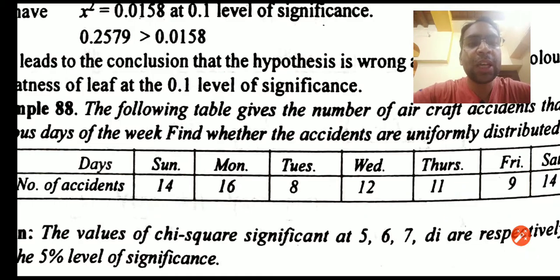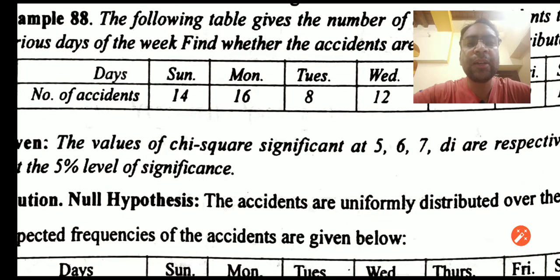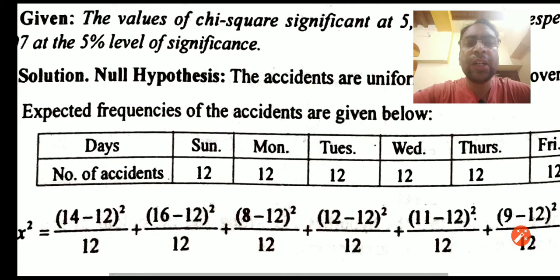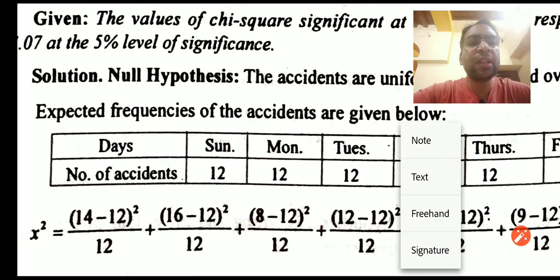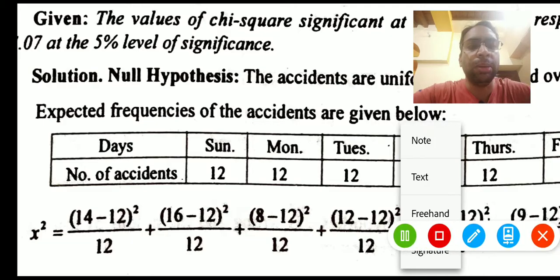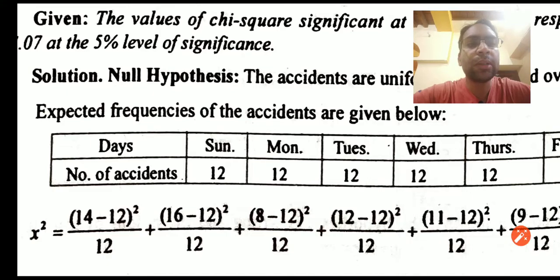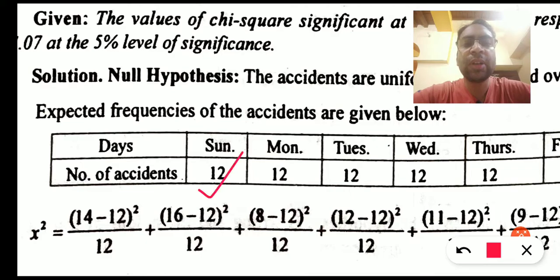So we need to calculate the chi-square. Before calculating the chi-square, we must be aware of the expected frequencies. So the expected frequencies we have to take is 12 on each day. Now just by using this formula,